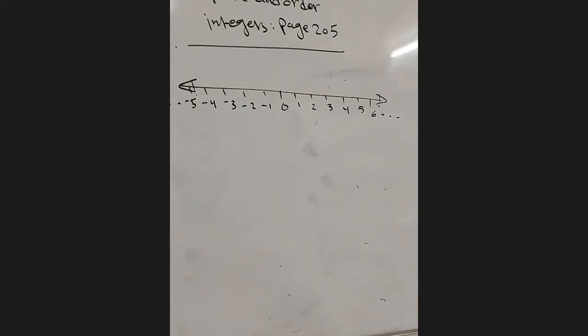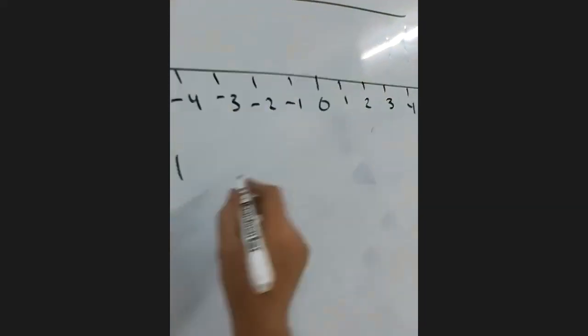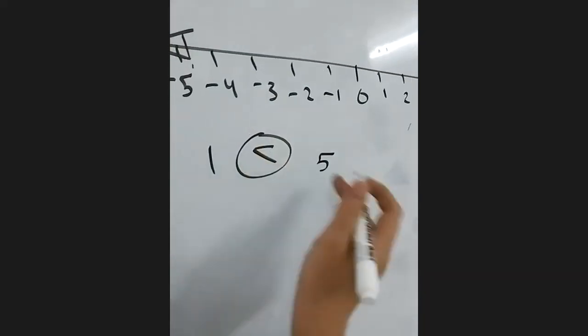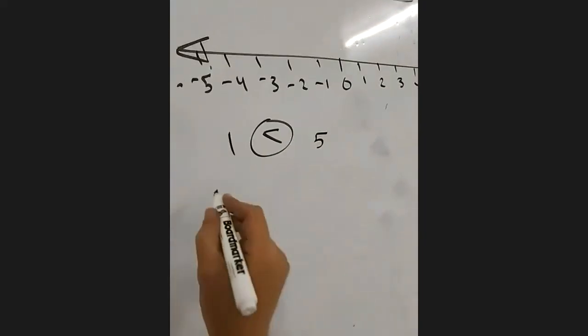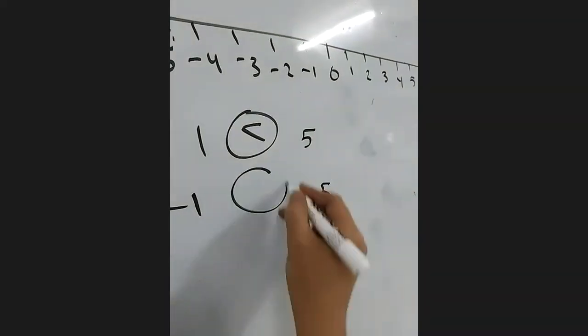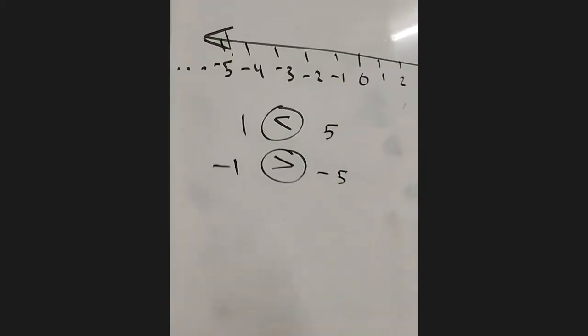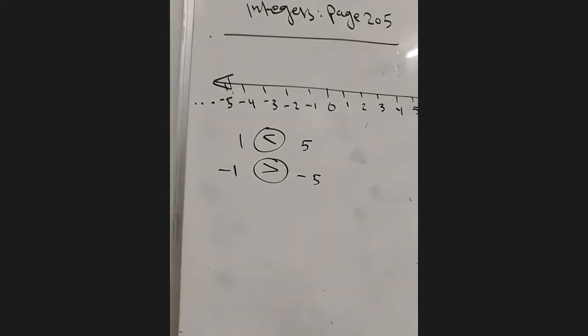Now, to compare positive numbers like 1 and 5, we know that 5 is bigger. But if we have negative 1 and negative 5, negative 1 is bigger. Why? Because in the negatives, guys,